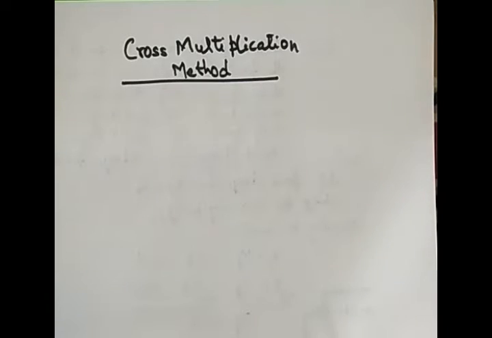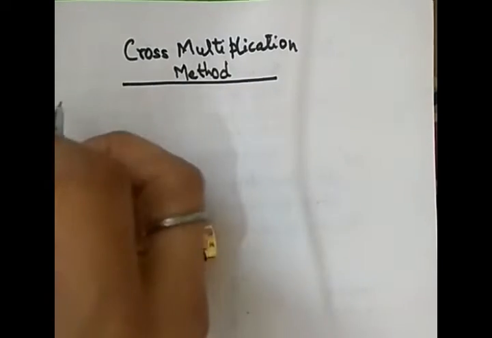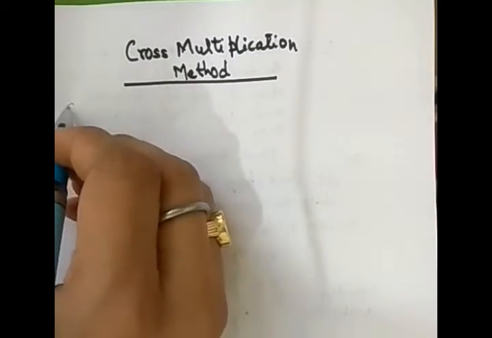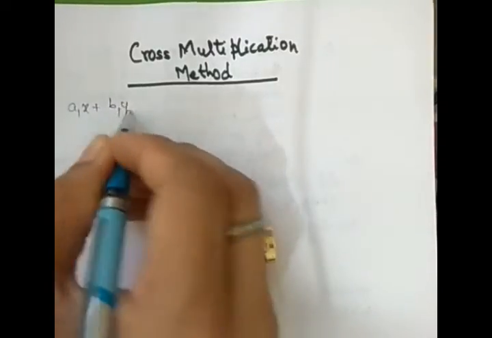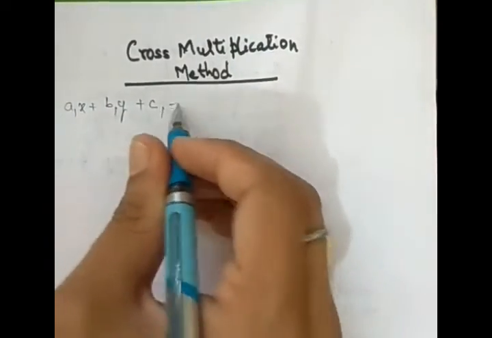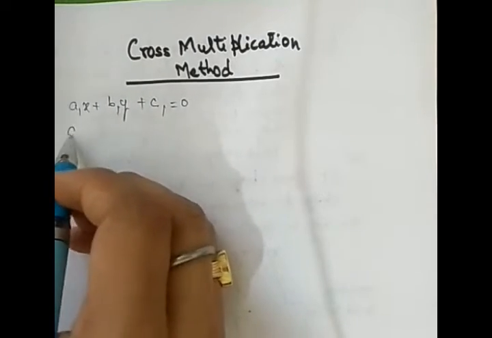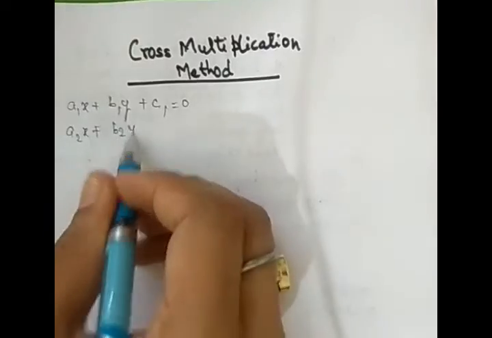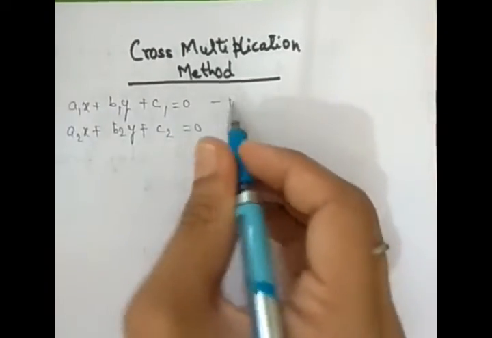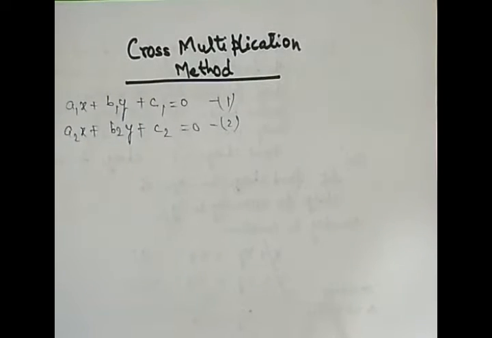अब देखिए क्या करते हैं, आज सीखने की कोशिश करते हैं कि क्रॉस मल्टीप्लिकेशन मेथड से हम कैसे सॉल्व करने जा रहे हैं अगर एक पेयर ऑफ लीनियर इक्वेशन इन टू वेरिएबल्स हमें गिवन। फाइन, सो लेट्स बिगिन विद, let's say the first equation is a1x plus b1y plus c1 is equal to 0, and the second equation is given as a2x plus b2y plus c2 is equal to 0, equation number 1 and equation number 2. अब हम ये समझने की कोशिश करेंगे दैट फ्रॉम वेयर दैट फॉर्मूला विच वी विल यूज फाइनली इज कमिंग। फाइन।